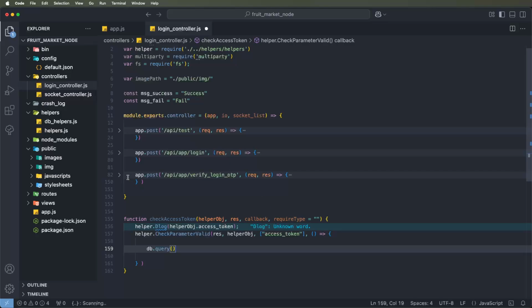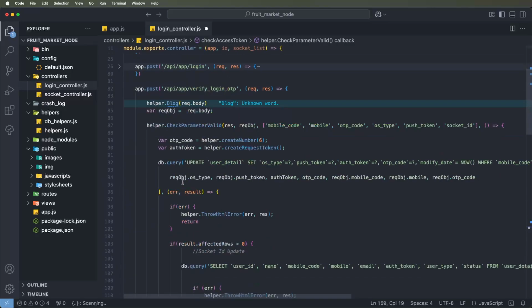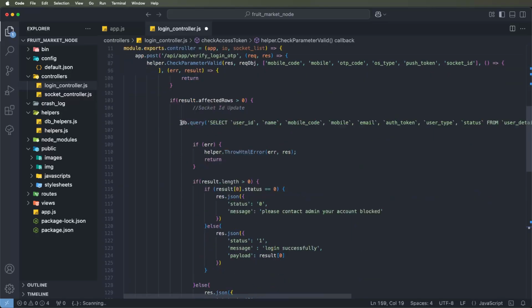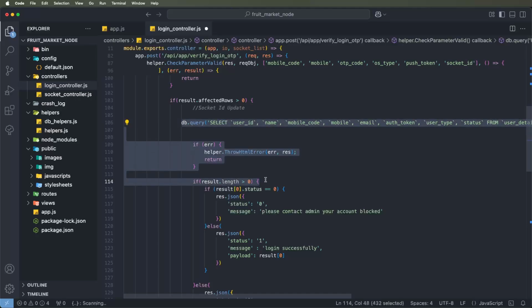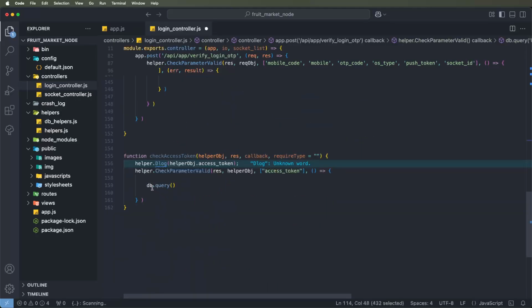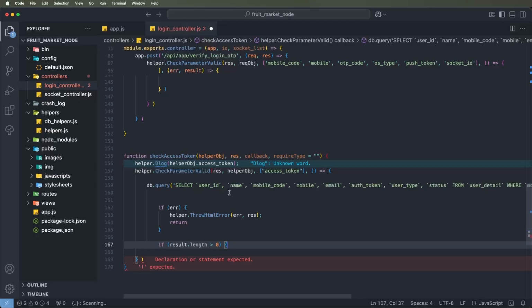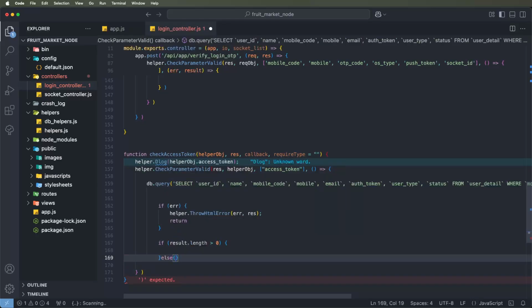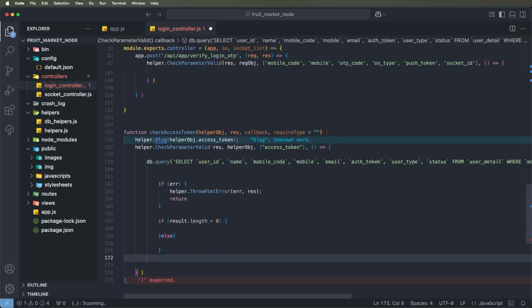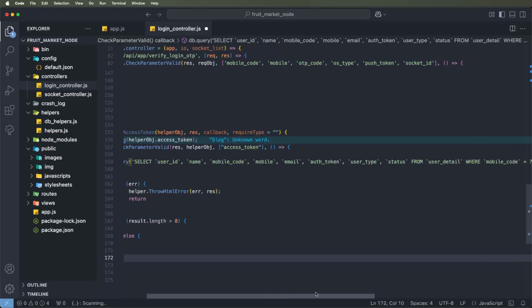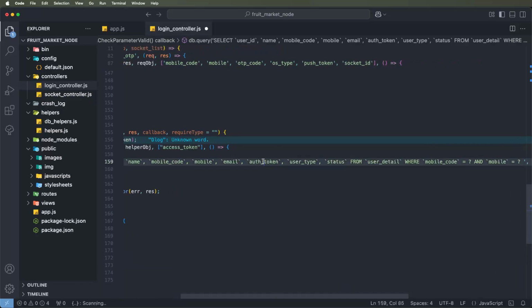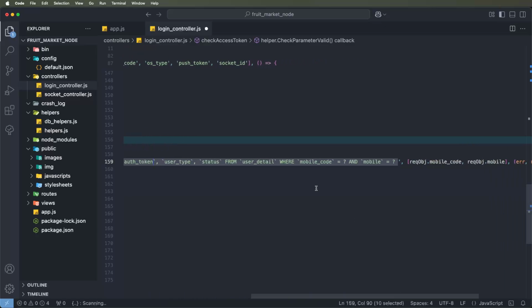So we already have OTP verify, so we call the select query. We need to copy this data and paste it here. Yesterday we wrote a query like this, with else parts, and we need to write the function like this and pass it here. Now we need to change it here, only checking the access token, and to get the data